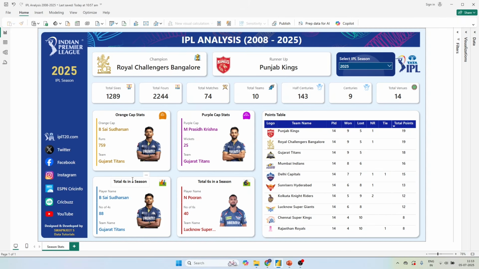Similarly, the total fours in the season: who hit the most number of fours and who hit the most number of sixes. So it's his number of fours and number of sixes, and the team name and the player name, as well as the images, right? So this is all the information that we are going to add on this particular dashboard, and the most important thing,